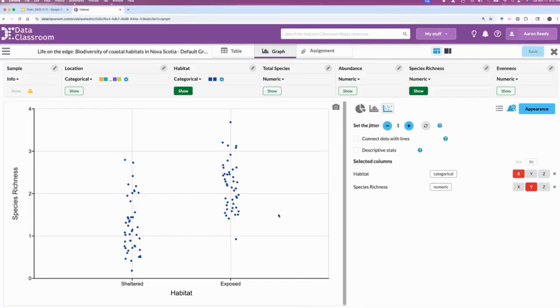You can draw the conclusion from this that the exposed habitats tended to have higher species richness, and there's nothing technically wrong with this graph. I think this graph is clear, but it's not loud. And so some things that I would do if I was going to make this graph speak more loudly is